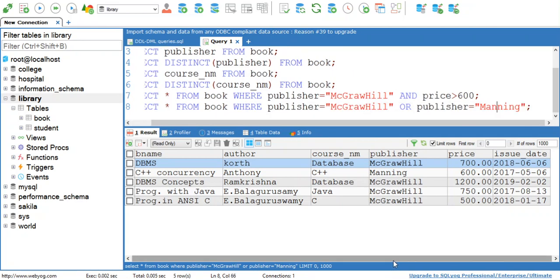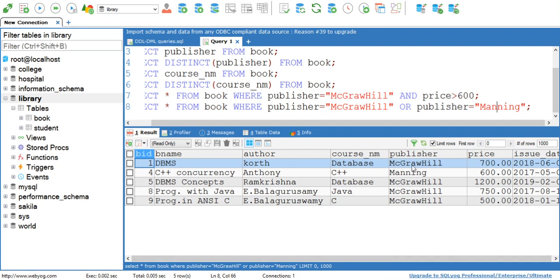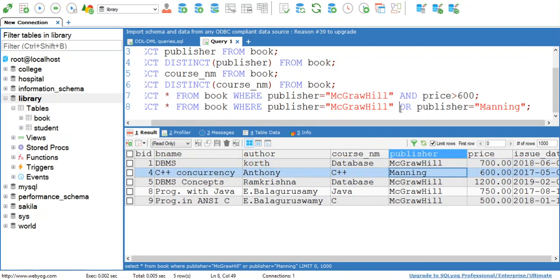At the output you can verify it has given us data for all the books satisfying either of the conditions. Means your output consists of information about books for McGraw-Hill as well as Manning. So this is how OR works. When you use the AND keyword to concatenate conditions, it means that your output must satisfy both conditions.